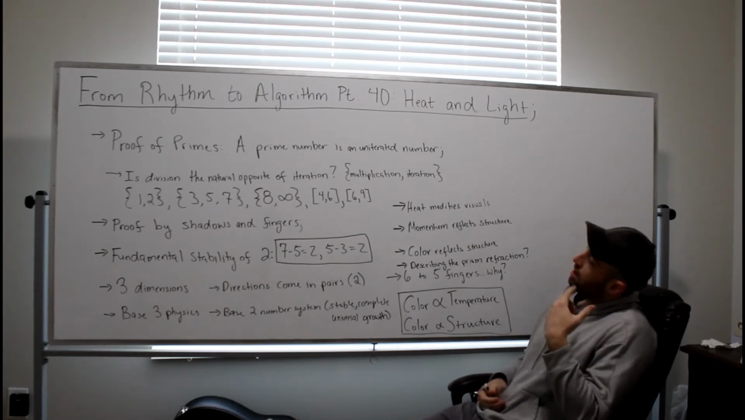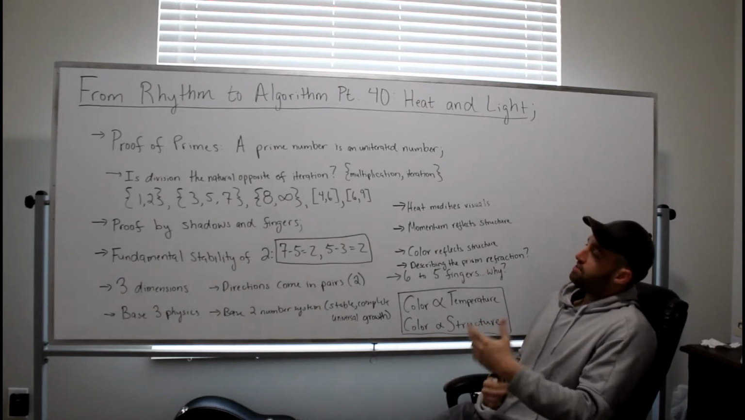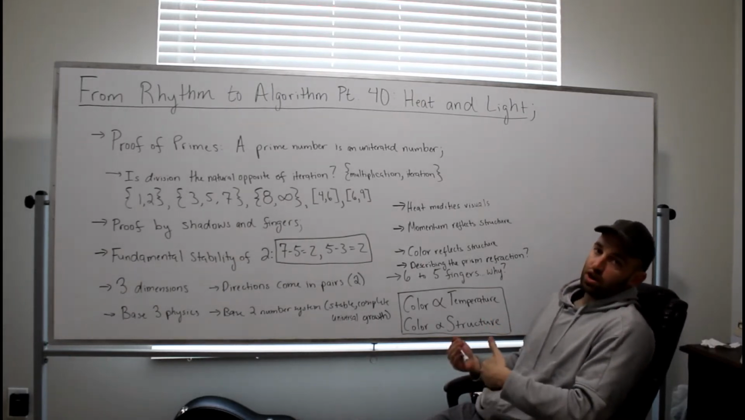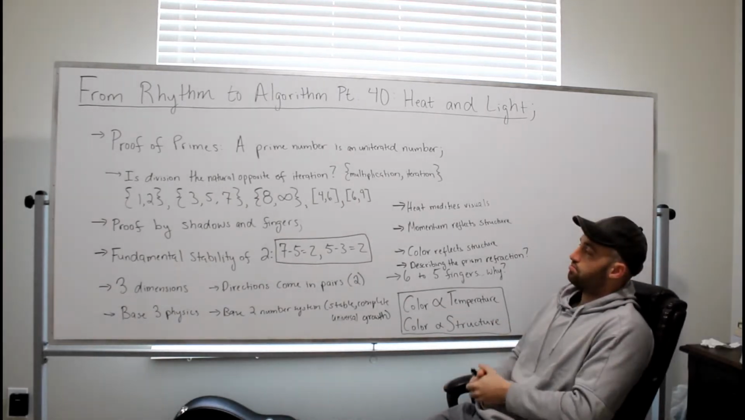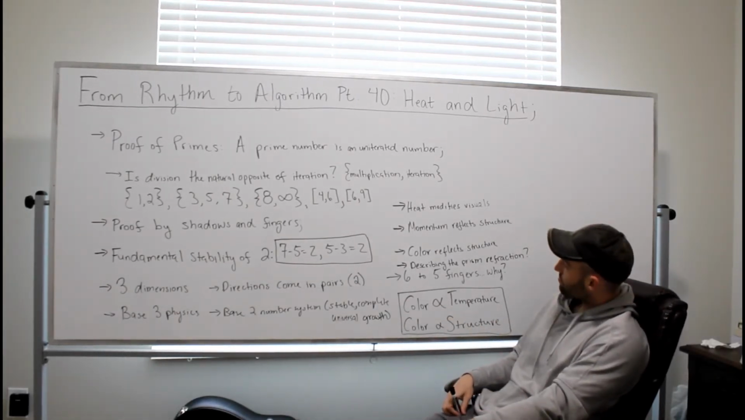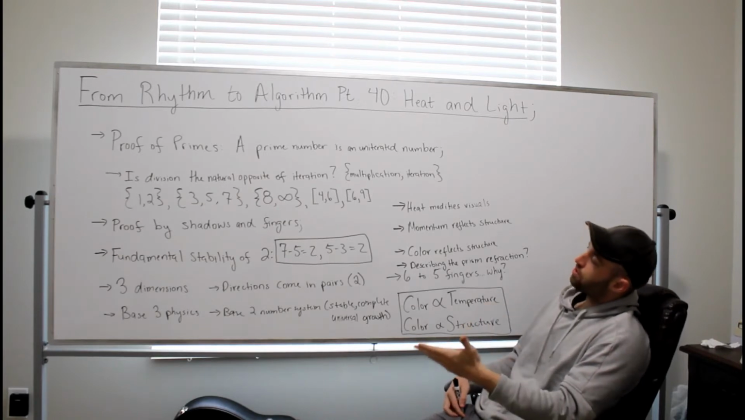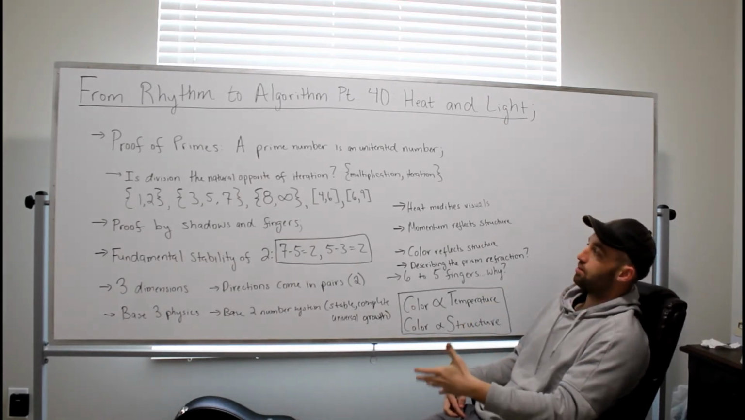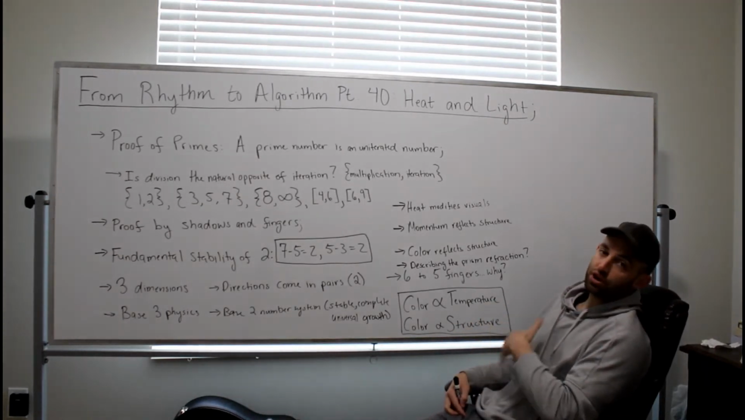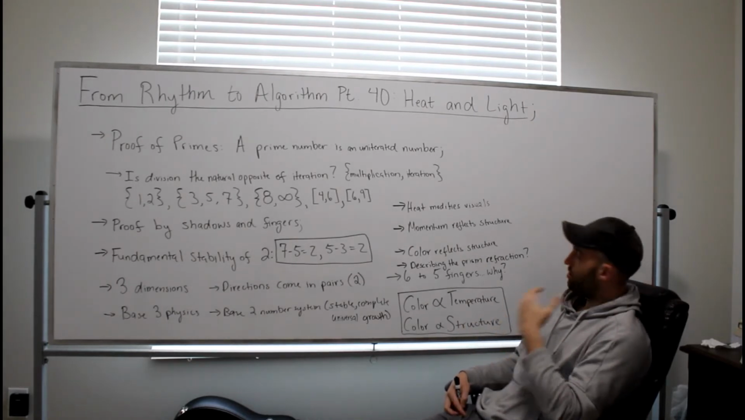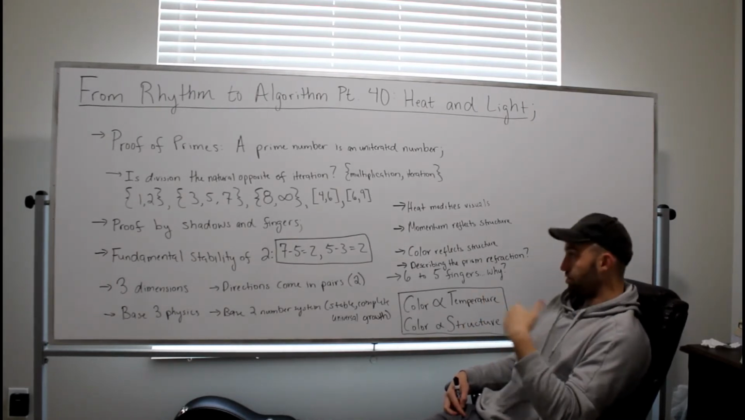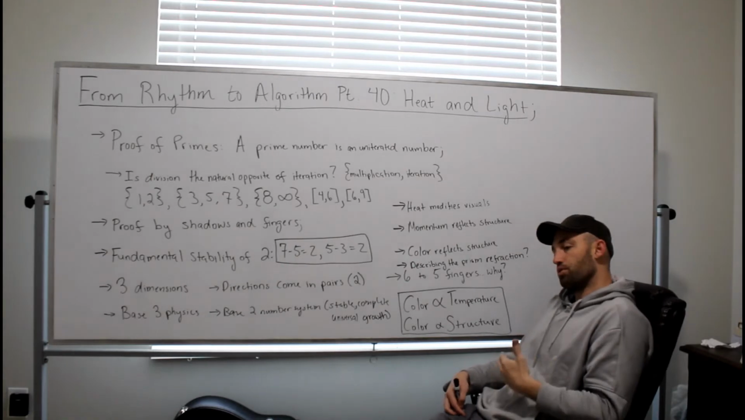But the proof of primes, remember, 3, 5, and 7 are the only uniterated geometrically closed n polygons. So we have a very clear definition of what a prime number is. A prime number is an uniterated number. And so we've been talking about the physical motivations